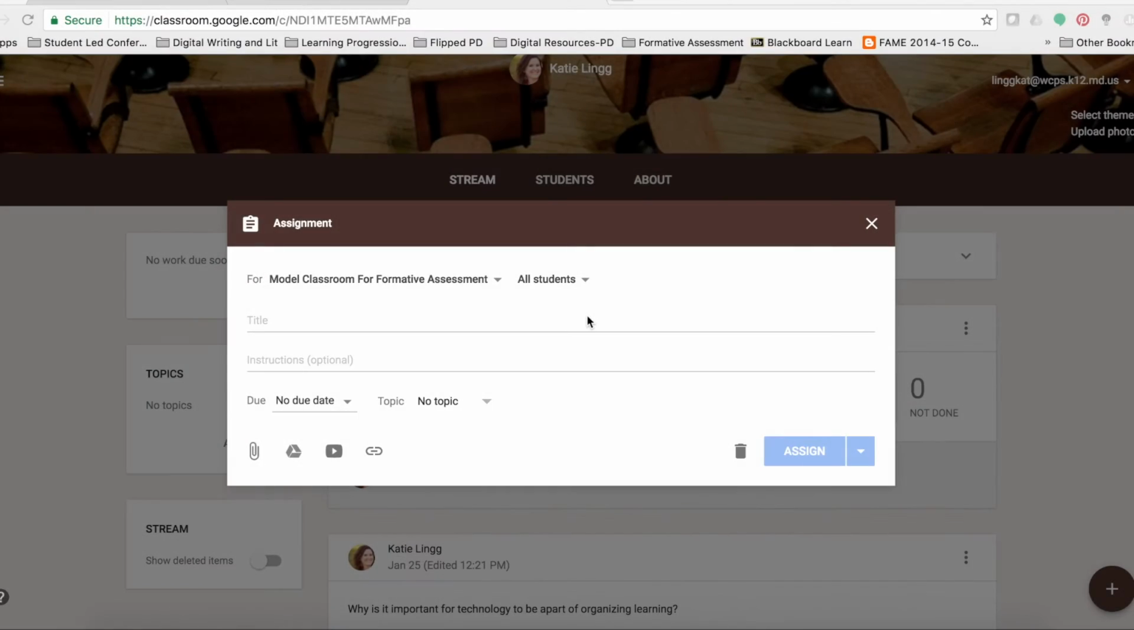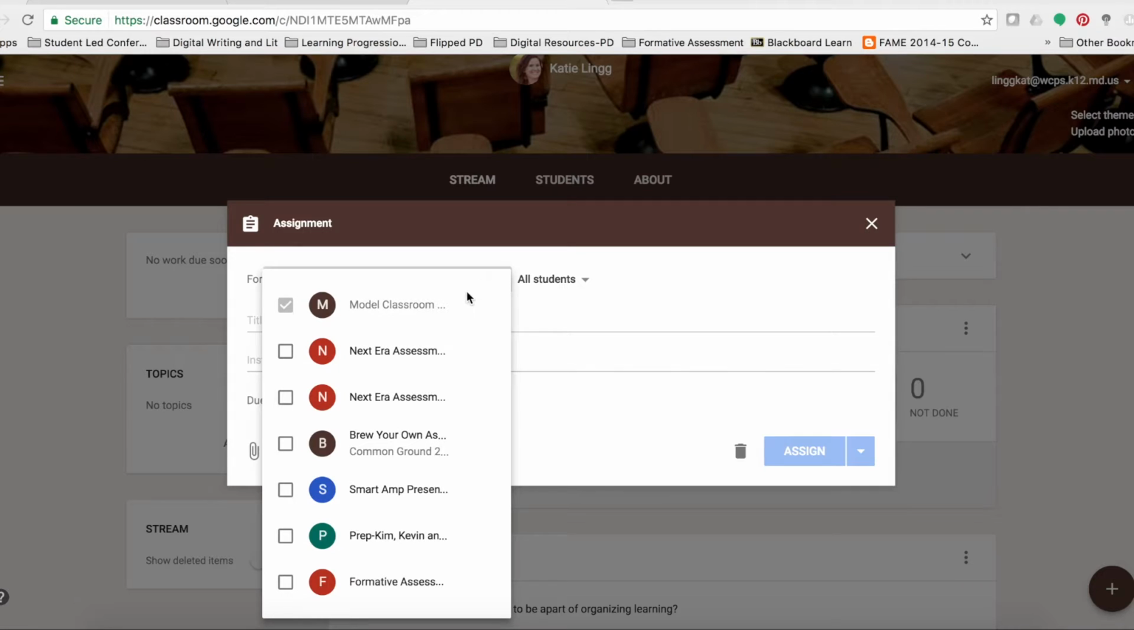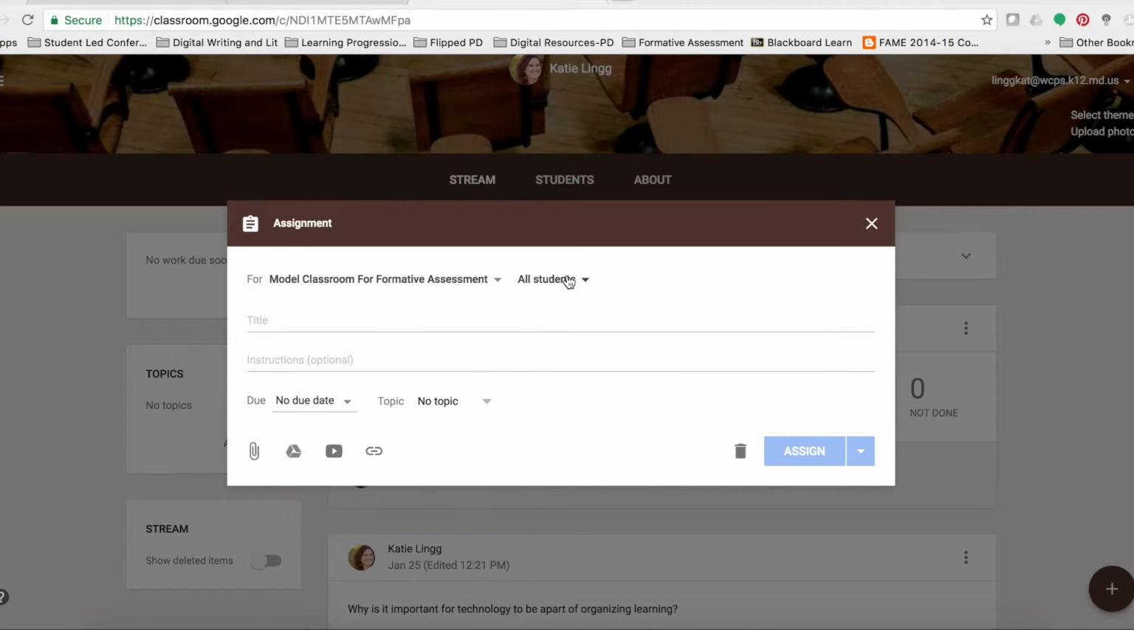Now that you have the assignment box open, you're ready to add the details about your assignment. First, select the classroom or classrooms that you would like this assignment to be assigned to. Next, select whether you would like all students to receive this assignment, individual students to receive it, or